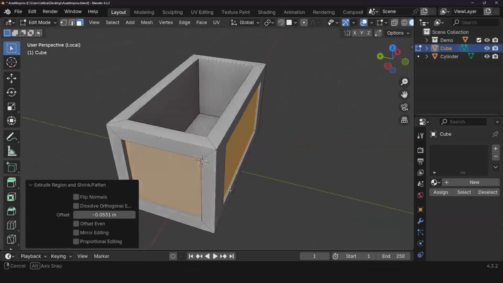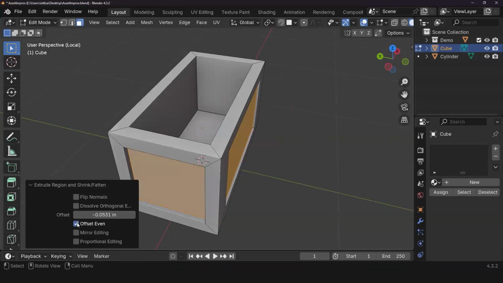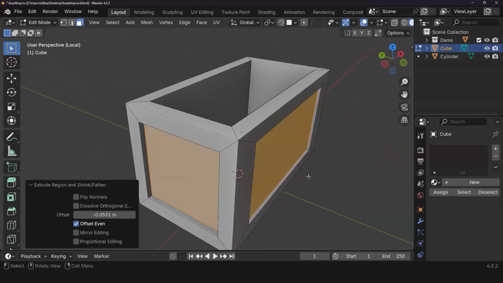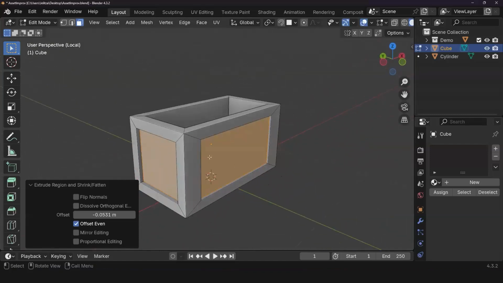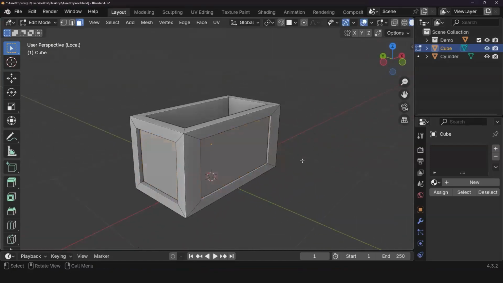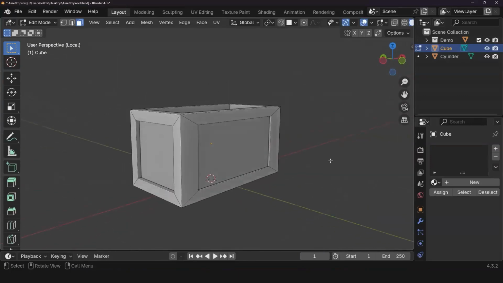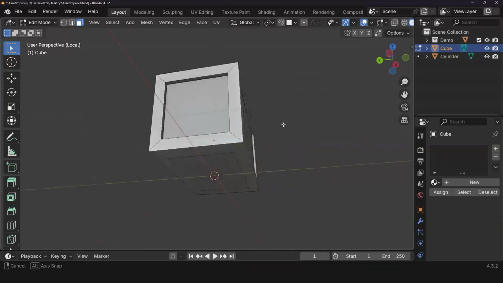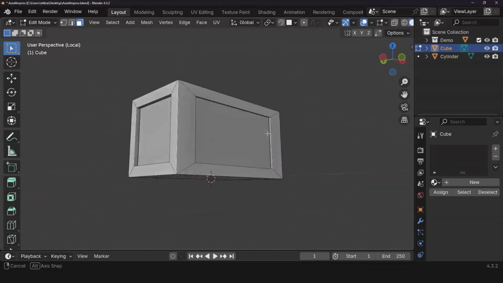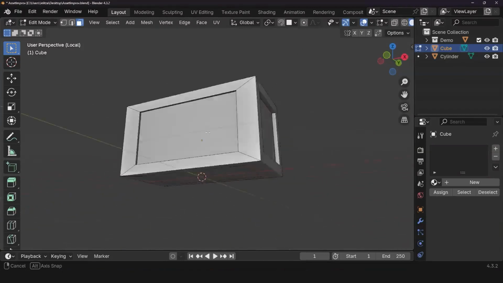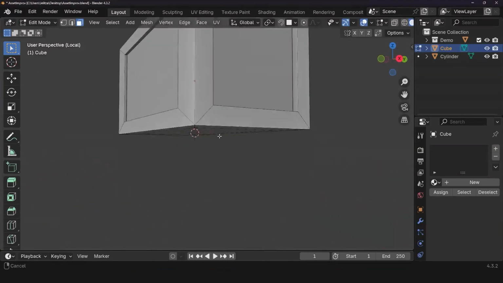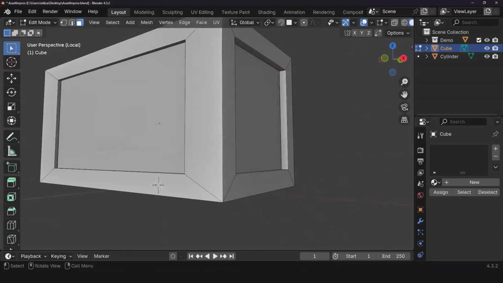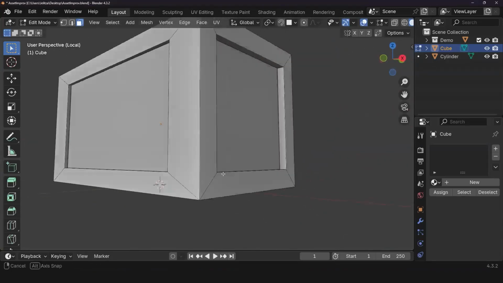Should be offset even, but as you can see, the thickness here is a little strange, but I'll take it. It's fine. Not a deal breaker for me at the moment. So what I'm going to do is click off into space and let's take a look at what we have. So the thing is, there's a few things that I need, including an edge loop to go from here to here.